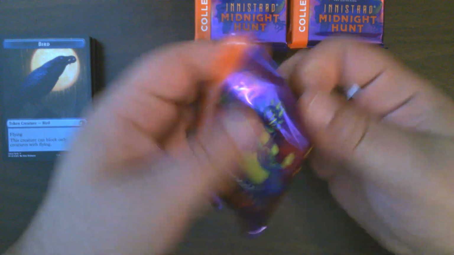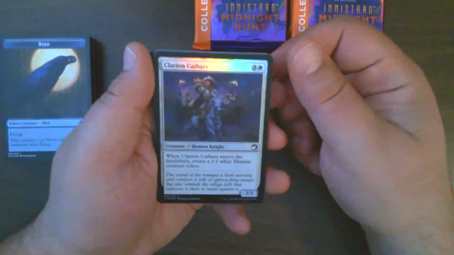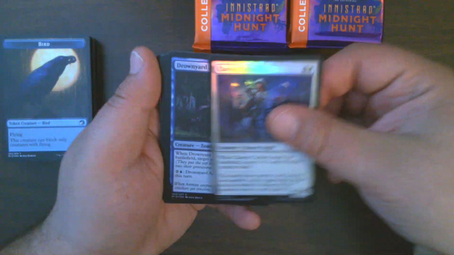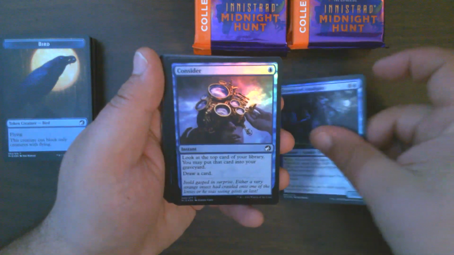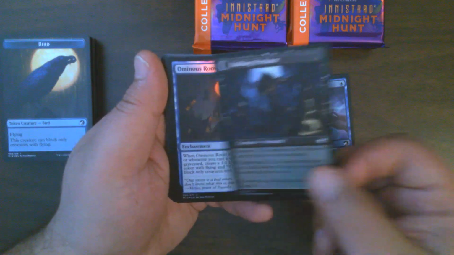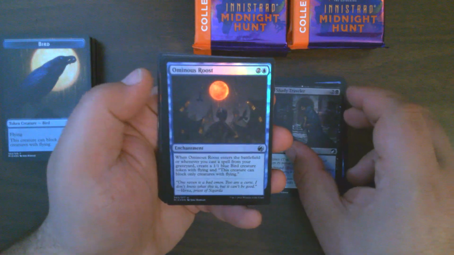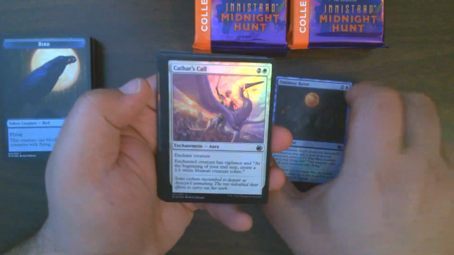I guess Gissa's not seeing play because of Shieldbird? Maybe? Fighting for the same spot. I mean, there's so much good black in Standard right now. We have, in pack number 4, Clarion Cathars, Drownyard Amalgam, a foil Consider, very nice, a Stalking Predator, which was miscollated, which is a Shady Traveler, Ominous Roost, Cathar's Call,